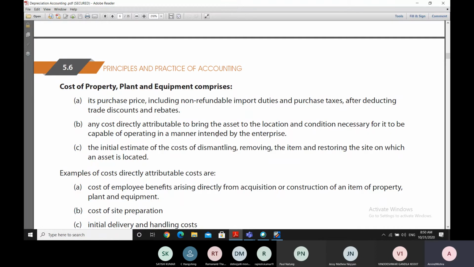Not just capable of being used, but capable of being used in the manner intended by the enterprise. All those costs are also to be added to the cost of the property, plant and equipment which is to be depreciated. And